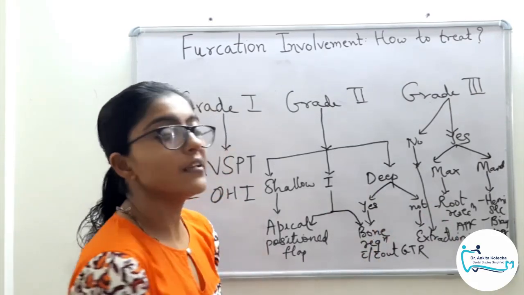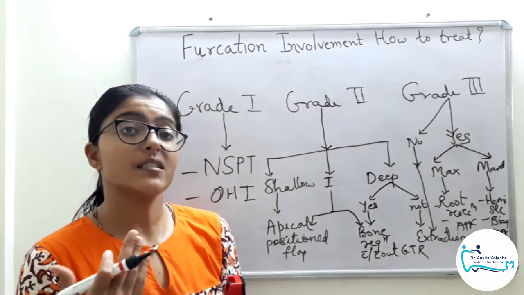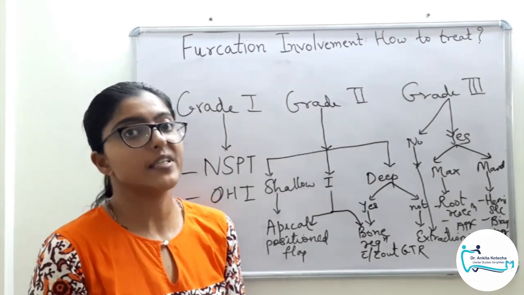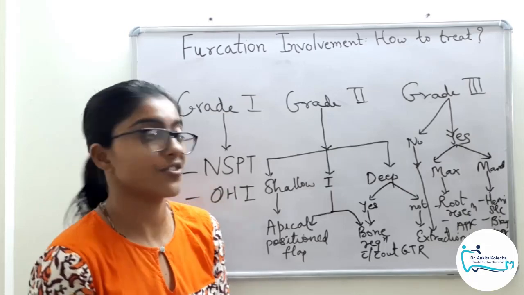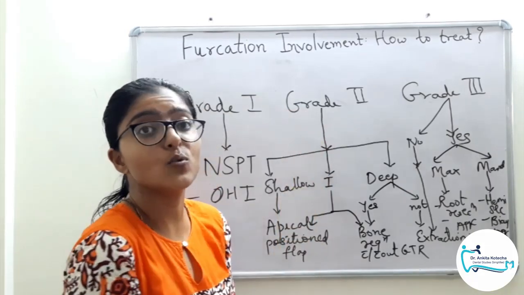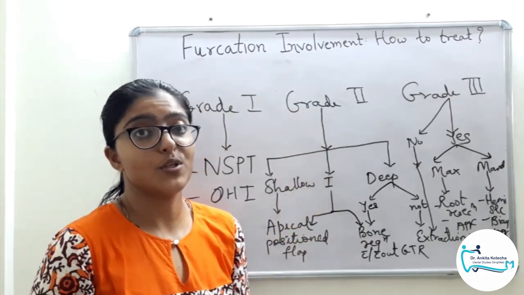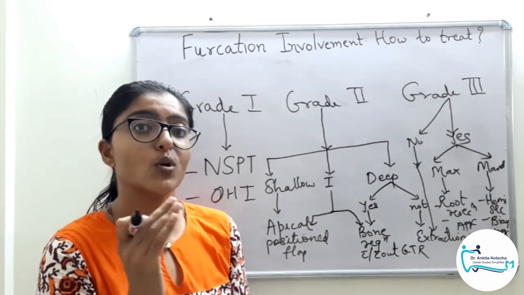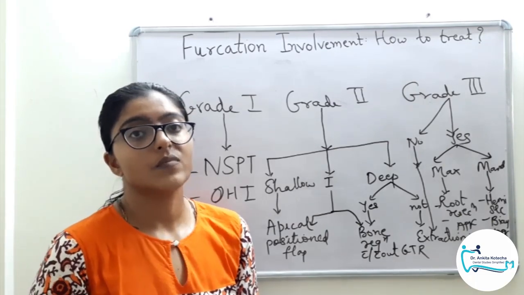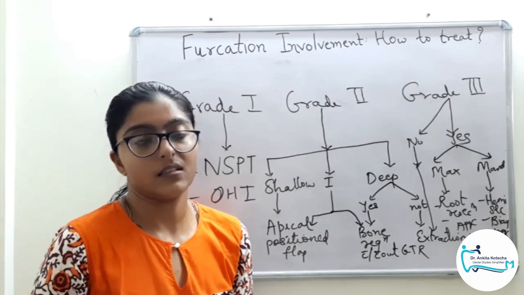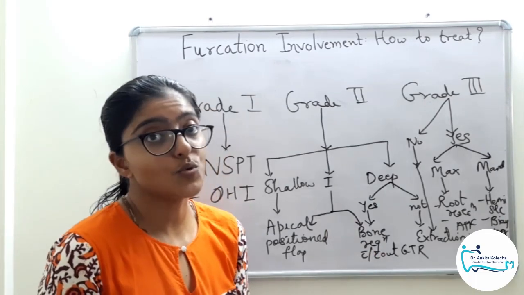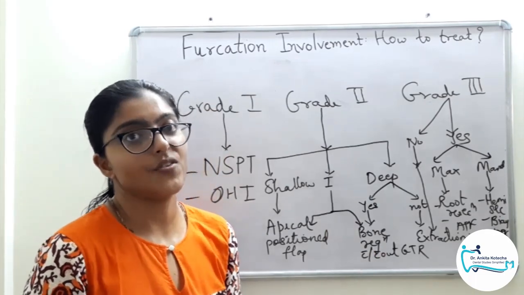That is for maxillary teeth. Let's say if there is a direct through and through furcation involvement. Yes, grade 3 is a through and through furcation involvement. Let us revise. Grade 2 is a partial involvement of the furcation defect. That is, there is bone present on one end. Clear? Like it is a cul-de-sac. Clear? Whereas grade 3 is through and through. Complete bone loss in the interradicular region.